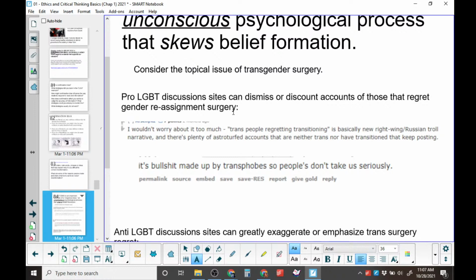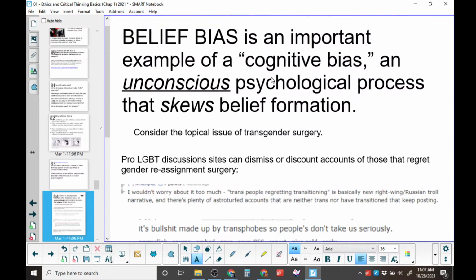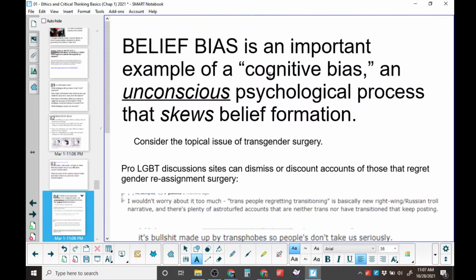But in discussions by regular people who aren't medical people online, they will completely discount any report of a trans person who regrets their surgery. And you can find those. Those are real people. And when you completely discount them, they are falling prey to belief bias. Because I believe it is good, it must always be good in every single case. That is an example of a belief bias, where you assume that on your side, nothing ever goes wrong.